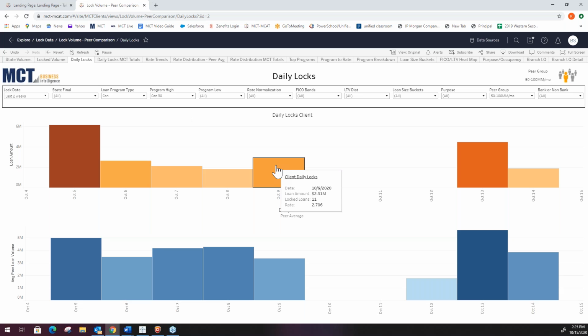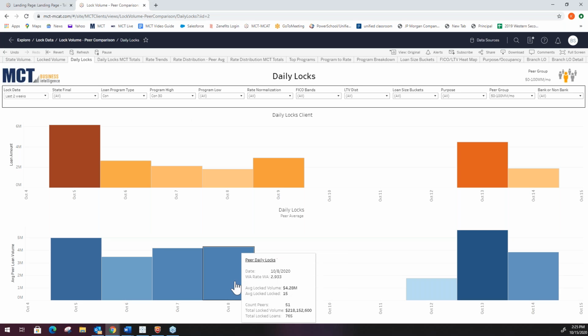So I can see last week on 10/9, my average rate for conventional 30-year was 2.7. My peer was at 2.891. So I know that I'm originating a little bit less than my peer group. That can help me to maybe adjust my margins if I want to, if I see that trend day over day that I have a lower rate,